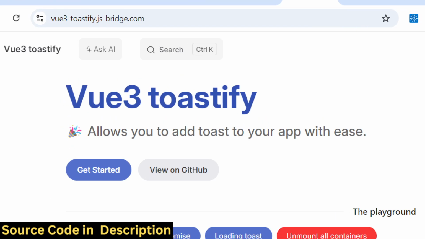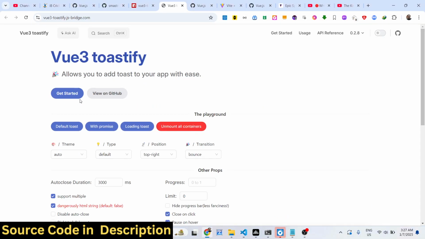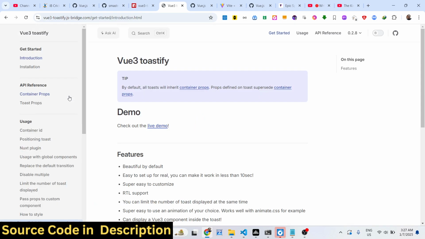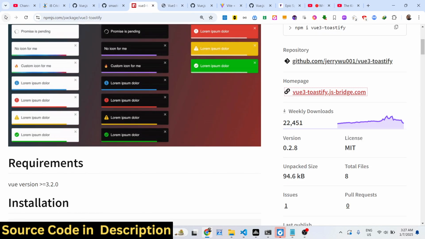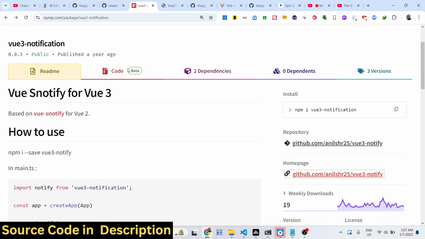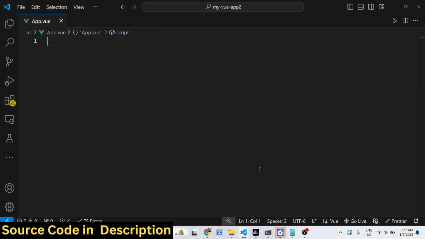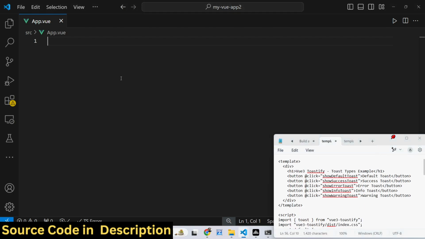The website is vue3toastify.jsbridge.com, and here you can get started. I will show you the instructions on how to get started. After installing it, inside your app.vue file we will have a template tag, and inside this we will